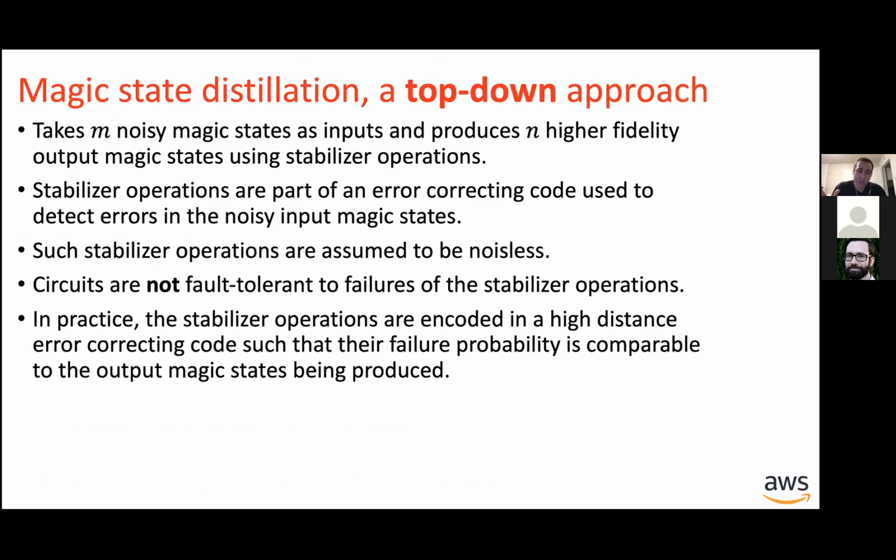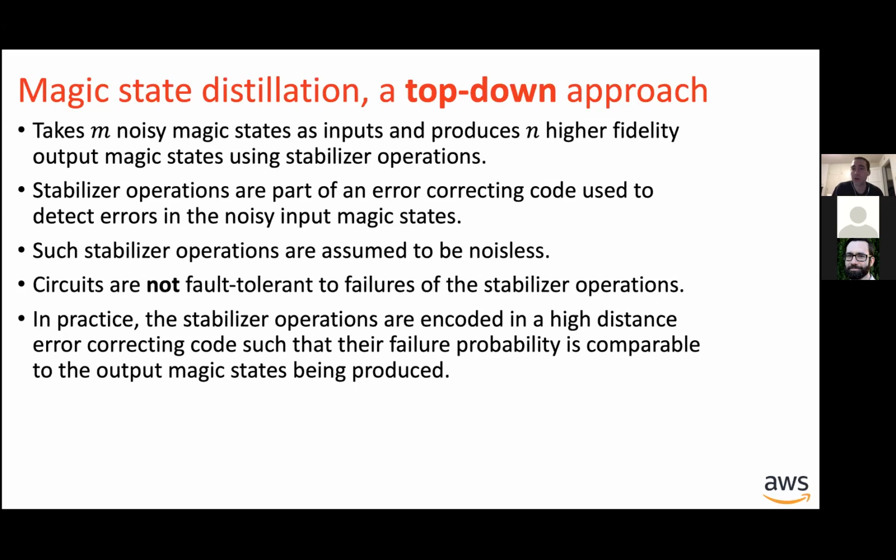So as I mentioned before, magic state distillation is one of the leading candidates for doing universal computation. The reason is that, especially for the kind of architectures that we have in mind, so qubits that are laid out on a two-dimensional plane and that interact via nearest neighbor interactions, the techniques for distilling magic states and then using them to simulate all gates in a universal gate set are very well known. There's been a lot of developments in this area over the last 10, 15 years, and the costs of distilling these magic states have been brought down quite significantly. And the techniques are pretty well suited for the connectivity constraints and the qubit layouts that we have